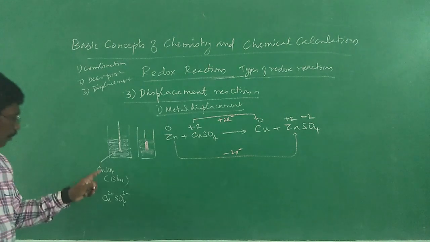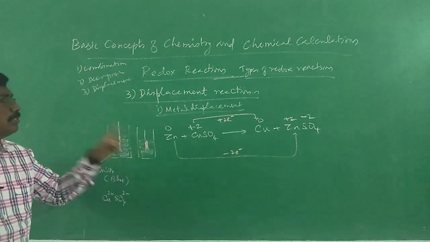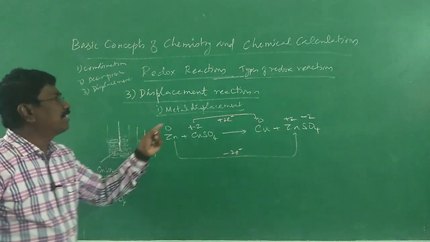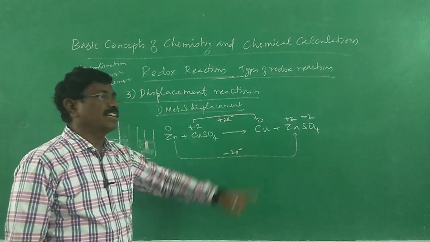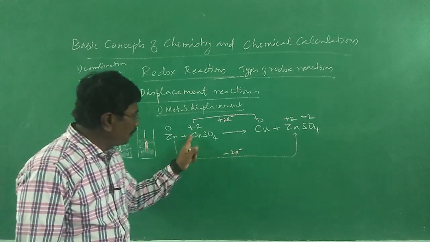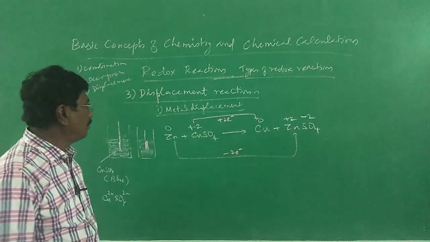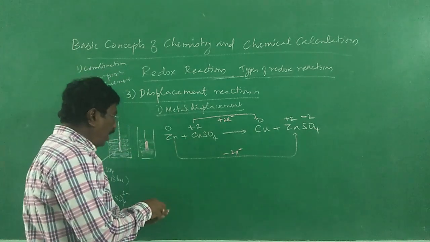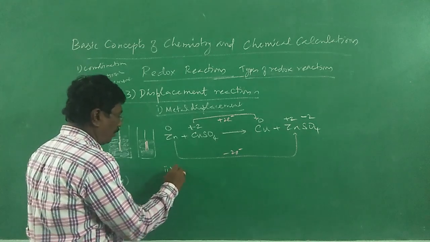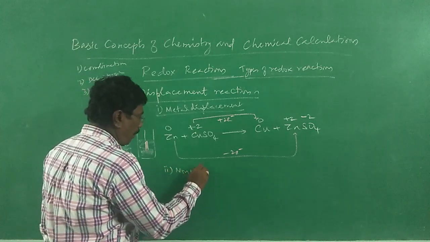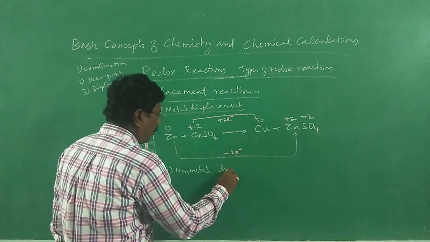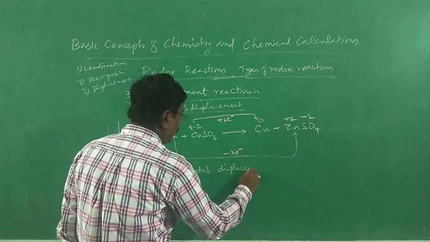So copper from +2 oxidation state is converted into 0 oxidation state. This is metal displacement involving redox reaction. Copper metal is being displaced. All right. Then displacement of non-metal is also possible. Non-metal displacement. In non-metal displacement,